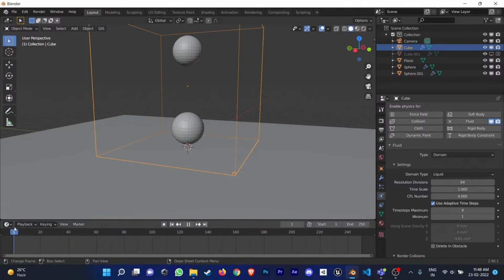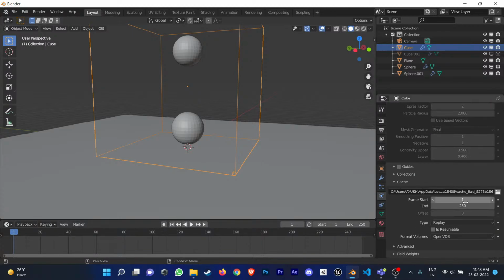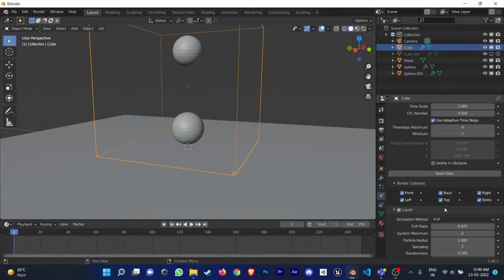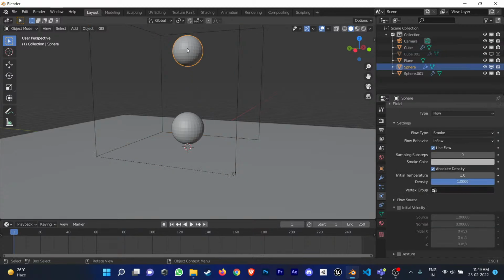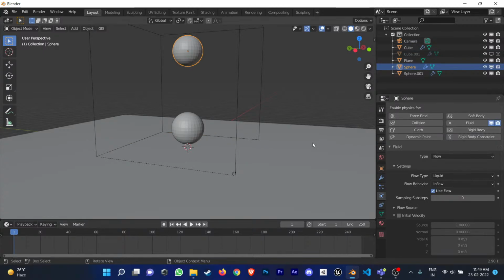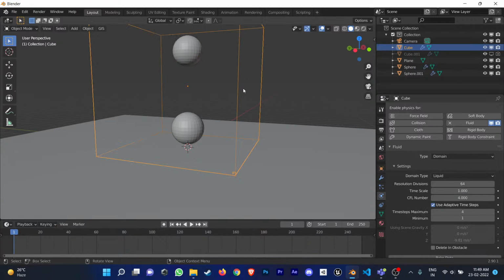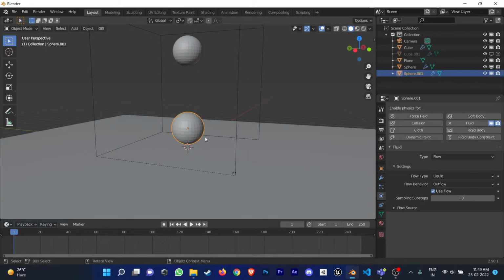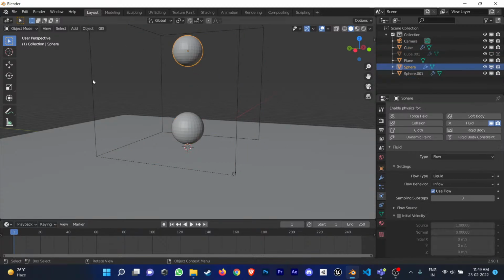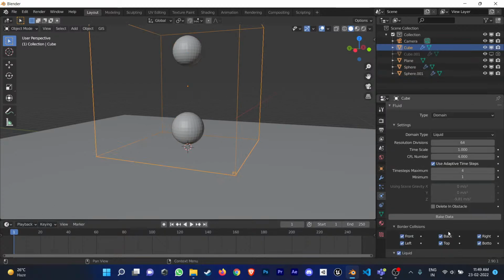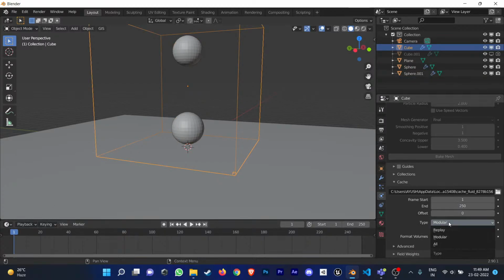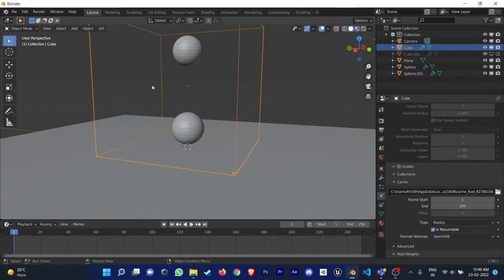Okay, we need to go to modular only. Let's just change it to this one, modular, and just click on, yeah, I just selected the liquid. Oh, come on, I just clicked on smoke. Just liquid, yeah, everything is on liquid right now. I think this will work when in replay. Let's just see. Yeah,